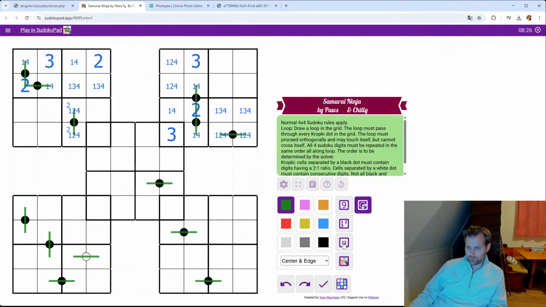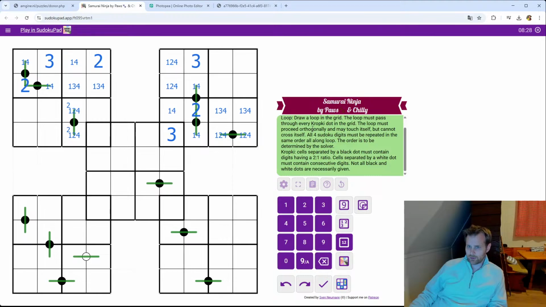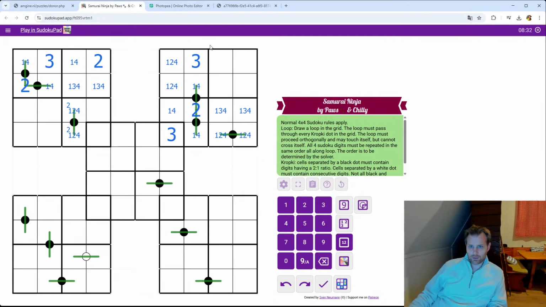And that's important because of the later rule with the order, the sequence of how things go. All right, so this is immediately a 3,